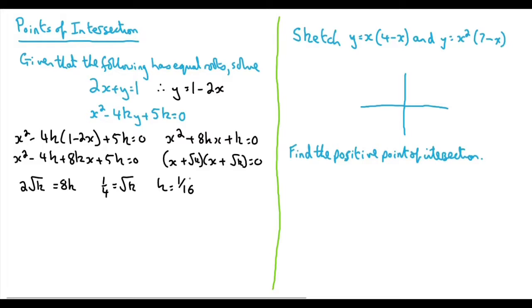Now that we know what k is, we can return to this quadratic here and now solve for x. So we're going to say that's now the same as x squared plus a half x, because 8 times 1 over 16 is the same as a half, and then plus 1 over 16 equals 0. If you wish, you could times this all up into integers to make it easier for